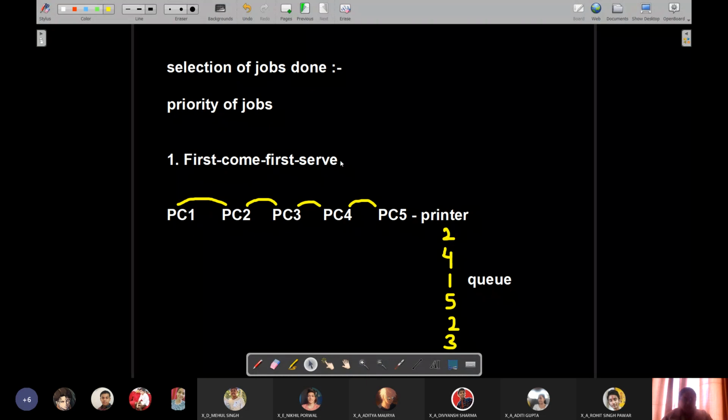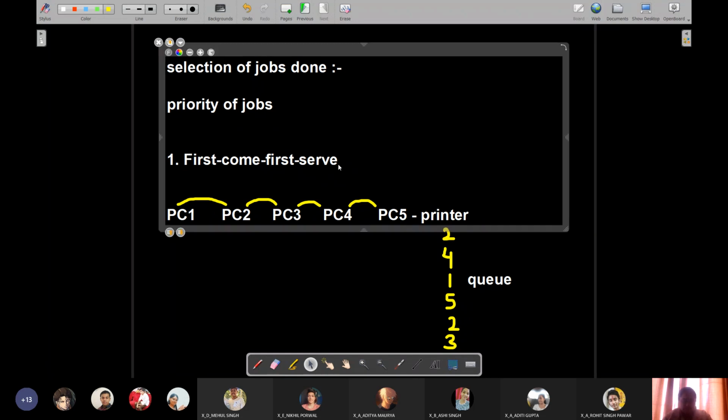Likewise, for your operating system, how it decides which job to execute first, it sometimes follows a first come first serve rule. That is, the process which is requested first for execution will be the first one to come into the RAM and then execute using the CPU time.